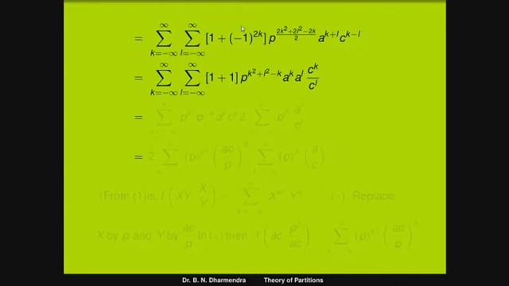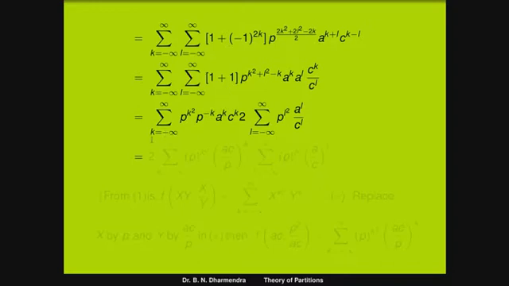So it can be rewritten as the next step: here minus 1 to the power of 2k means that is even, that is 1 plus 1. So k running from minus infinity to plus infinity and l running from minus infinity to plus infinity, 1 plus 1 into p to the power of k square plus l square minus k. Here we have to cancel the terms of 2, both the numerator and denominator, and we can split the terms because we have to collect the terms of k and the terms of l. That's why I can split the powers of a and c, that is a to the power of k into a to the power of l into c to the power of k divided by c to the power of l. So when I collect the terms of a and k and l, and also 1 plus 1 is 2, so that can be rewritten as